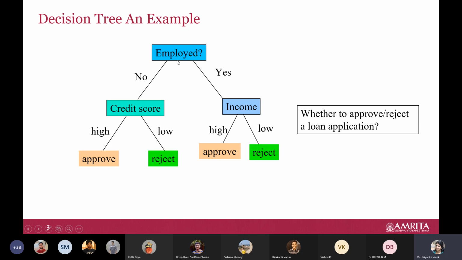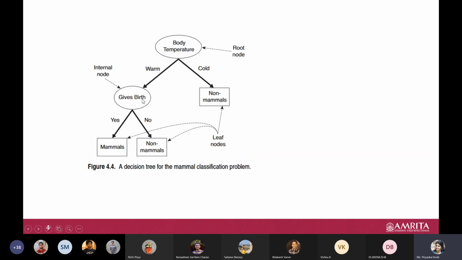So we have attributes and then we have the final class labels, and on the branches you have values of these attributes. The notations etc. might vary a bit in different books, different sites etc. But the basic understanding is the same.